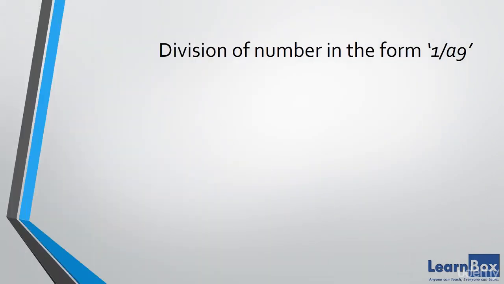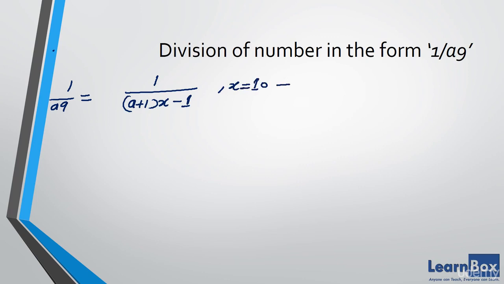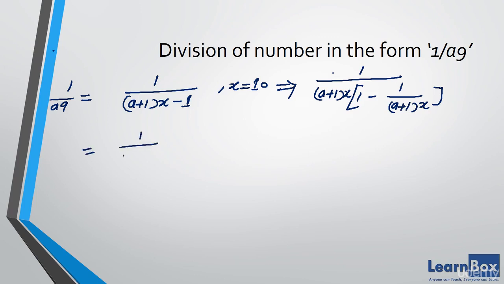We have seen how to use the Ekadhikena Purvena to find out the division of 1 by a9. But now let's see why this process is working. 1 by a9 can be written as 1 divided by (a plus 1) into x minus 1, where x equals 10. This can be further simplified as 1 by (a plus 1) into x, into 1 minus 1 by (a plus 1) into x, which can be written again as 1 by (a plus 1) into x, into 1 minus 1 by (a plus 1) into x, raised to the